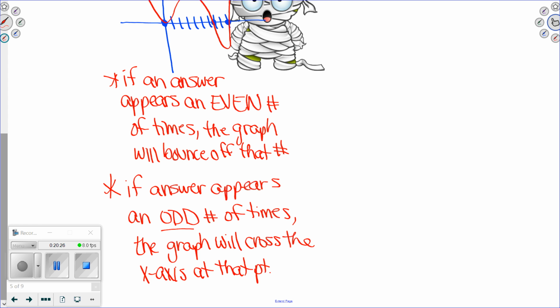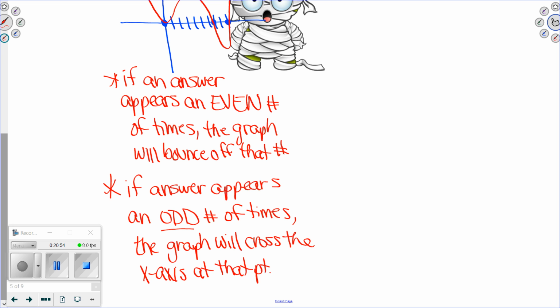If an answer appears an odd number of times, the graph will cross the x-axis at that point. So again, keep in mind every time you make a graph, if you show that graph crossing the axis, that better be one of your answers. Okay? So if it shows up an even number of times, it's just going to bounce off of it and come back whatever direction it was already going. If it's an odd number, it's going to actually go all the way through,